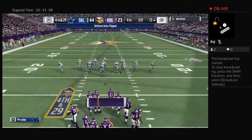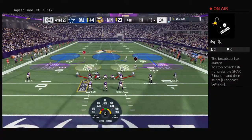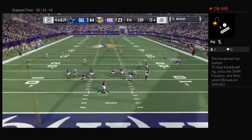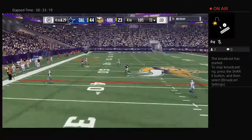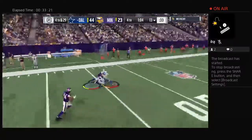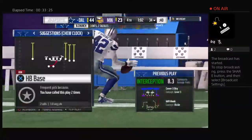All right, they're going to try and keep hope alive here on 4th down. They're going for it. Desperation time. Bradford on 4th down. Now a desperation throw deep downfield. And he's going to be intercepted a 3rd time. Picked off by Barry Church. And his guys...